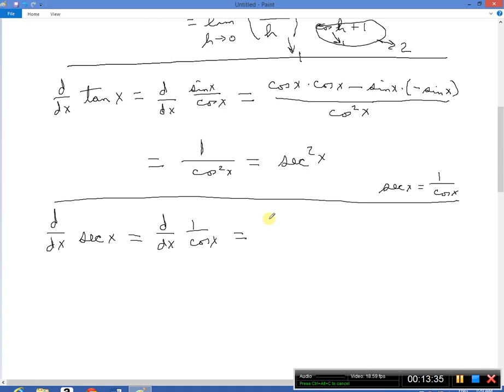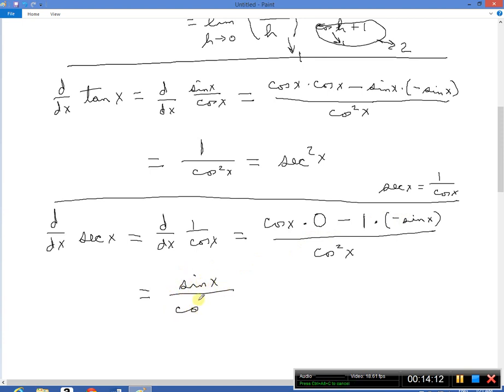So it is the denominator times the derivative of the numerator. Well, the derivative of 1 is pretty easy. That's 0. Minus the numerator, that's 1, times the derivative of the denominator. Derivative of cosine is minus the sine. And all of that is divided by the denominator squared. So this reduces to 0 minus minus makes it plus sine of x divided by cosine squared,